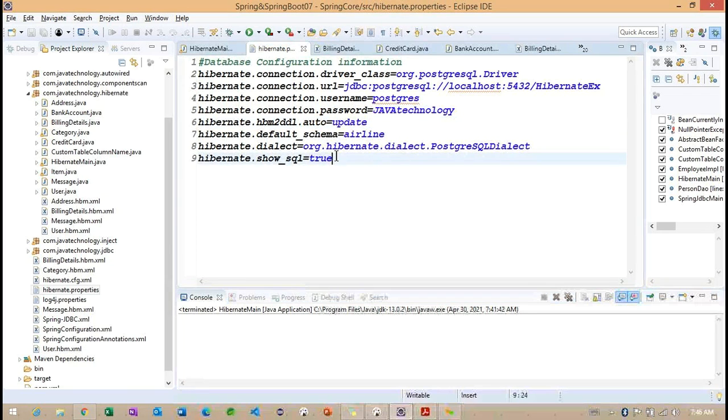Now, does anyone have any questions before we start with the association here? I want to work with the association example, what associations we have, and how we are going to work with these associations in Hibernate. We'll try to discuss. But before starting, I want to ask if anyone has any questions regarding this particular mapping information.